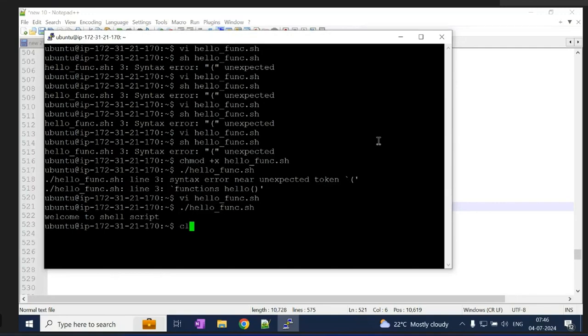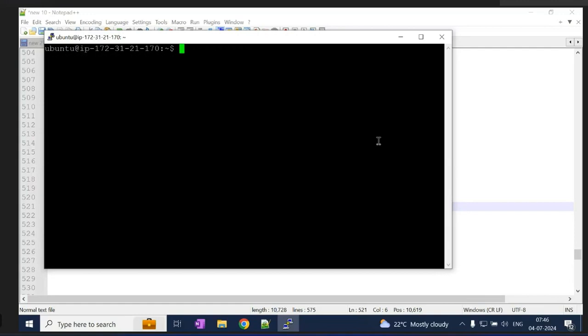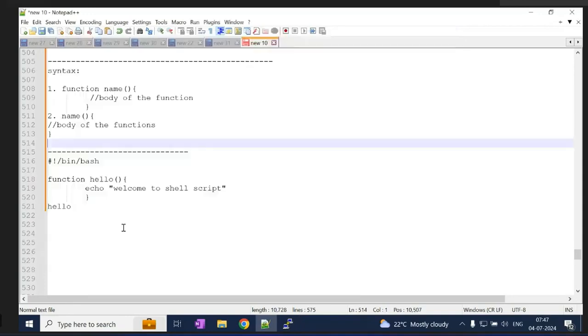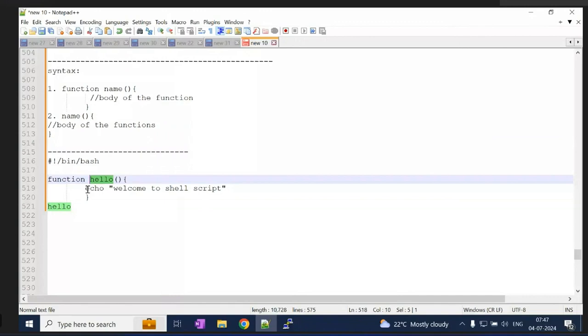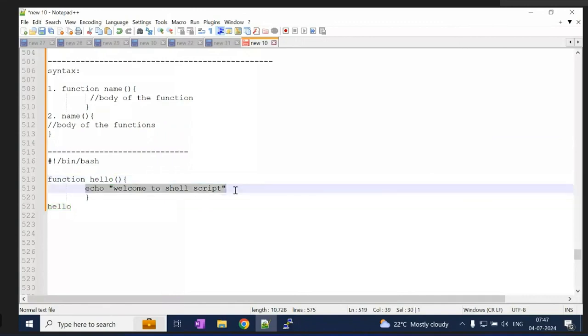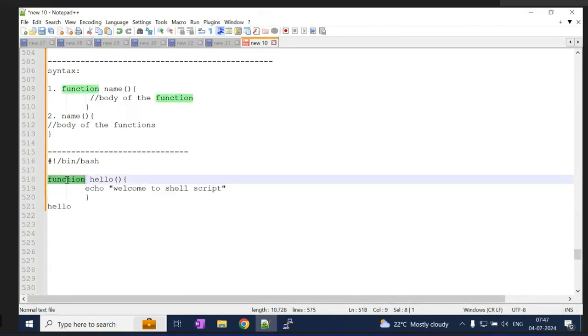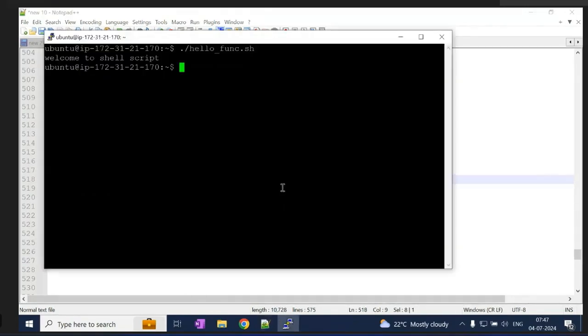Okay. So I think it is not able to invoke that with the sh. So we are getting the expected output here. If I do dot slash and my program is hello dot function, see here, it is just going and calling this function and it is invoking. So if you don't want to specify this function, you can try that way also.